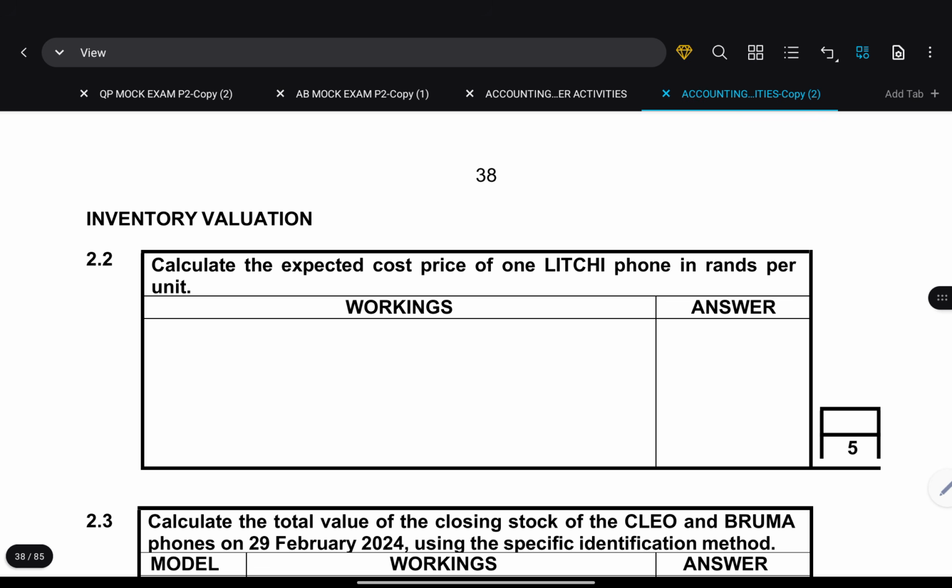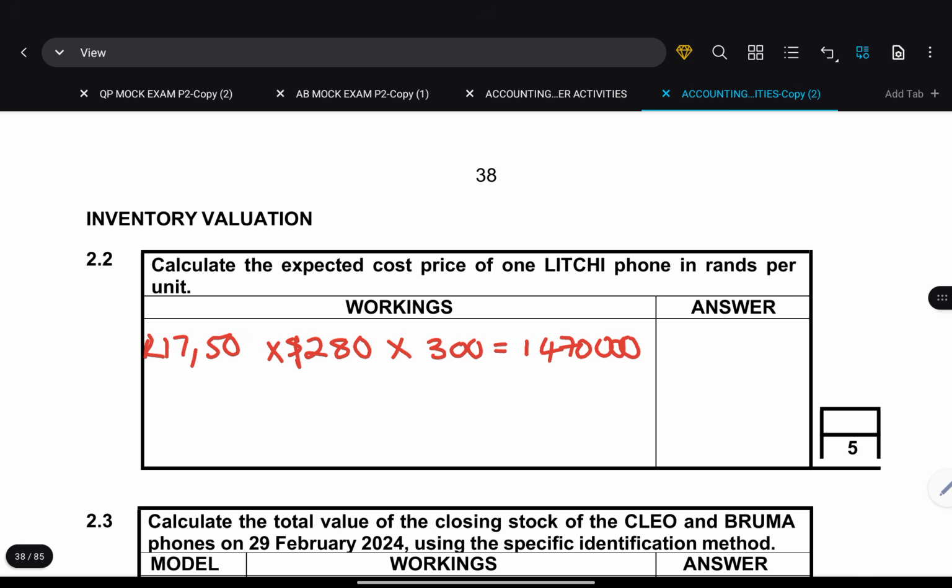So we are going to say 17 rand 50 multiplied by $280, and then multiplied by 300 units. That's the first part. 17 rand 50 multiplied by 280, and then multiplied by 300, gives us